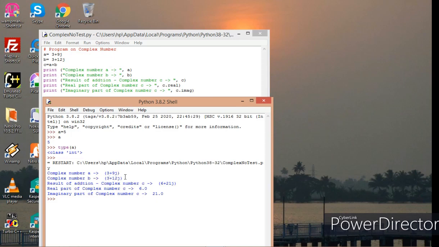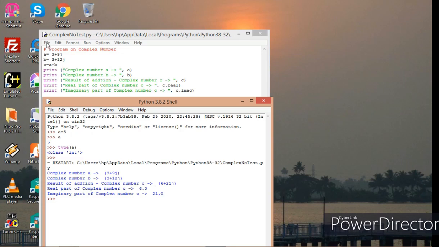Complex number b, it is displaying the value 3 plus 12j. Result of addition, complex number c, 6 plus 21j, and the real part of complex number c 6.0, and the imaginary part of complex number c 21 it is displaying. So this is how I can load an already written program and execute it.